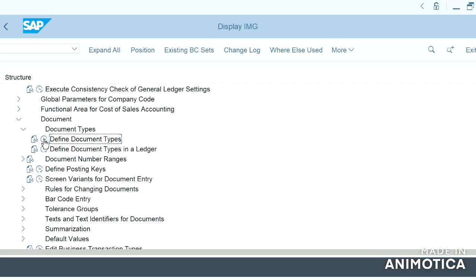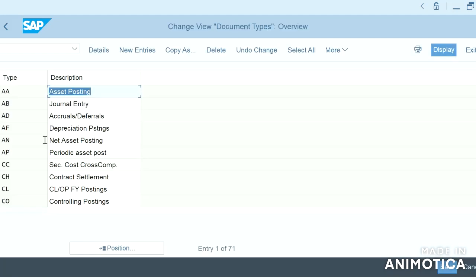So based on the document type, you will identify the document. So let us check document types.